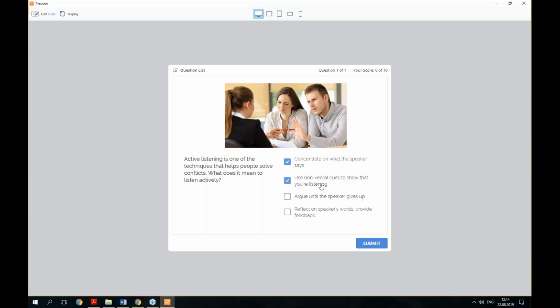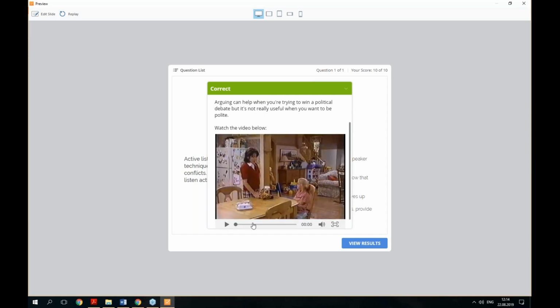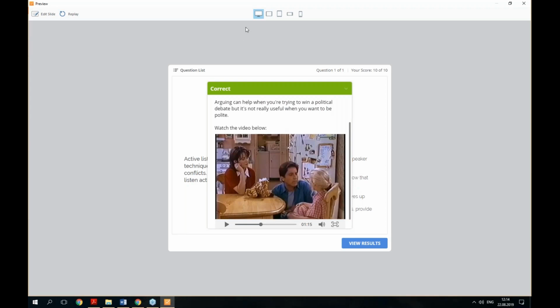Okay, now this question is looking much better than it was at the beginning. Let's give the correct response. Here's our feedback window for the correct answer, and I can watch my video, even make it full screen if I want. By the way, since HTML5 is compatible with personal computers, with Macs, with mobile devices, you can pick what device you want to preview your quiz on using one of those 5 options here on top of this